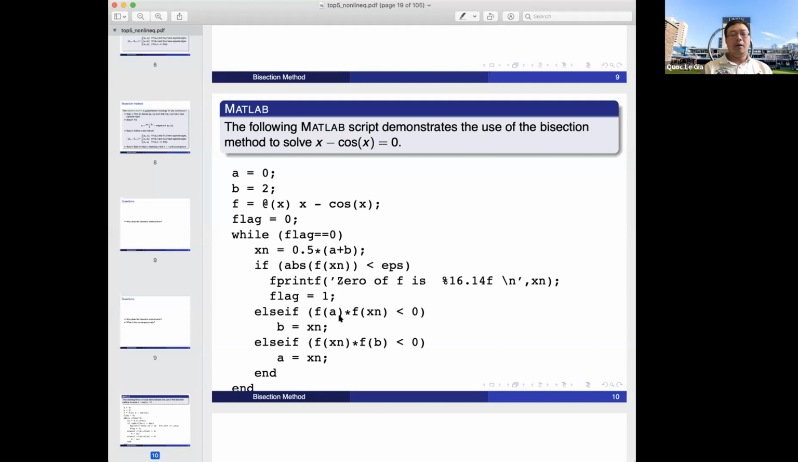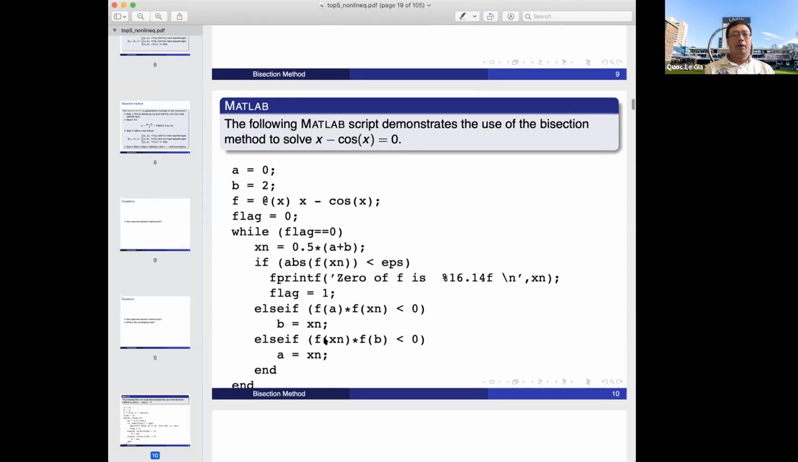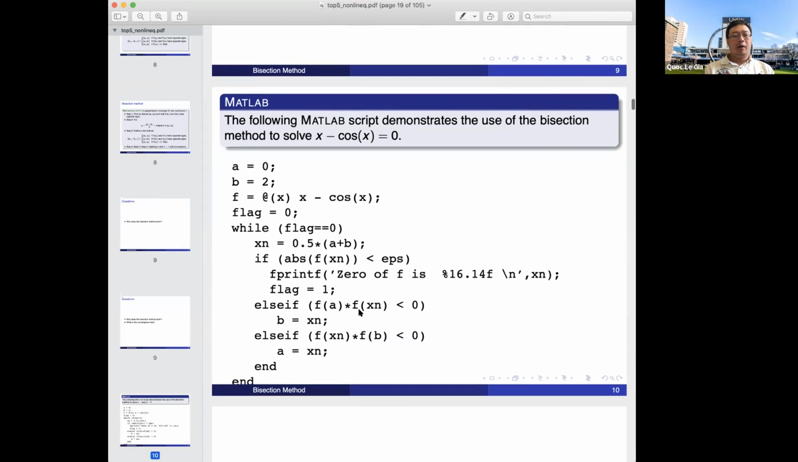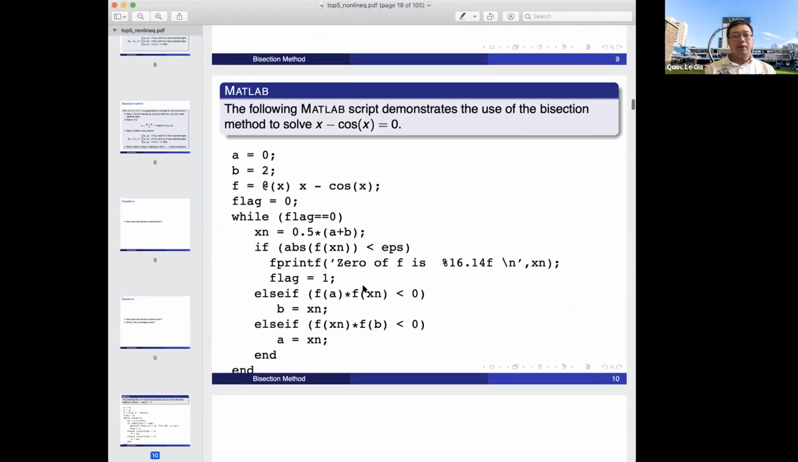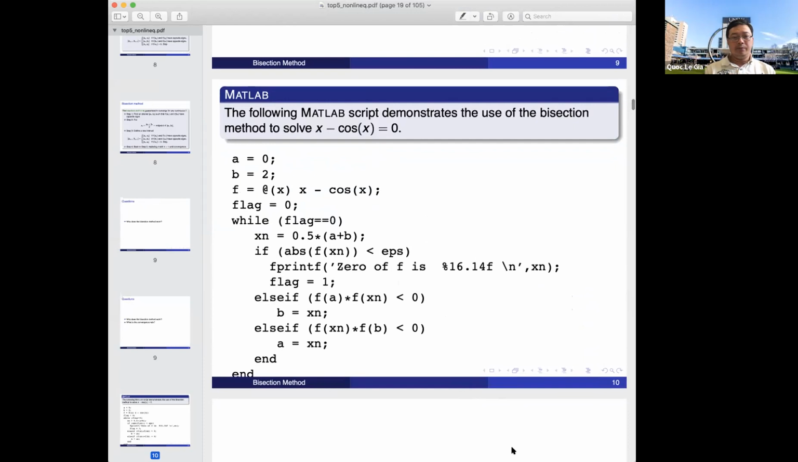Otherwise, you check, okay? So if f of a and f of xn are on opposite sides, then you modify your b. Okay, so now a is the same as a, but b is just the midpoint. Otherwise, you choose the right half, okay? So by this command, and then you just repeat, yeah? And so we can run this, yeah? So now suppose I run this,